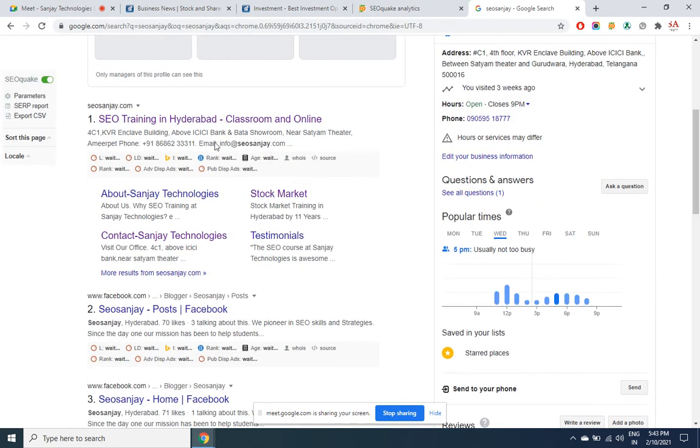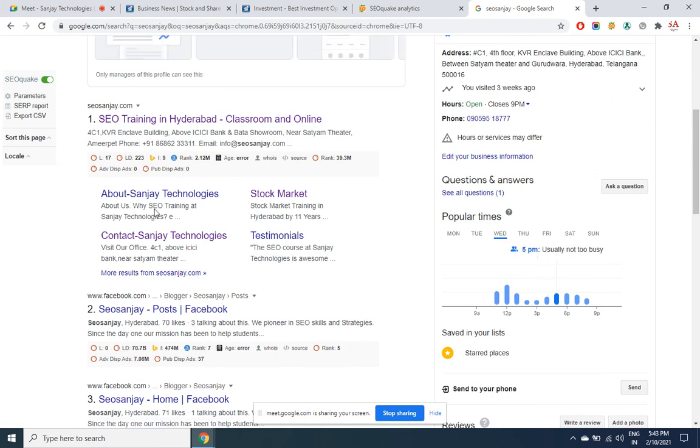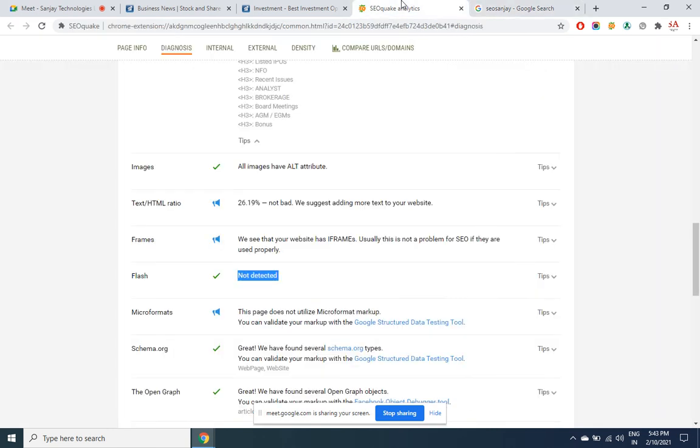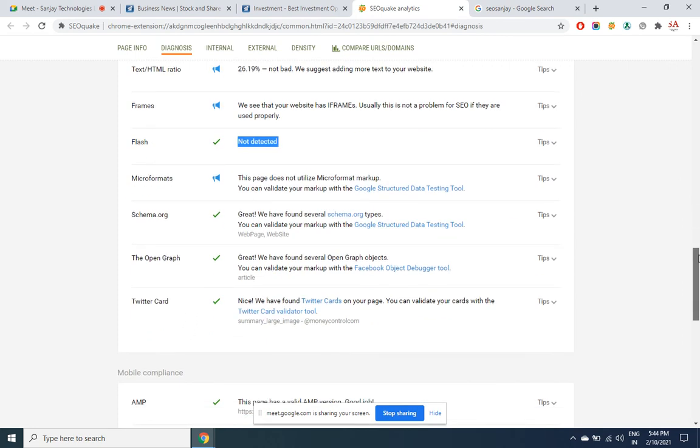So apart from this search snippet, I am also getting these 4 sections. Like that, sometimes you get ratings, sometimes you get events. There are some 12 to 13 structured snippets defined, which are done in microdata. Later again, we are going to understand about this. Microformats and schema.org, we'll leave that for the future.